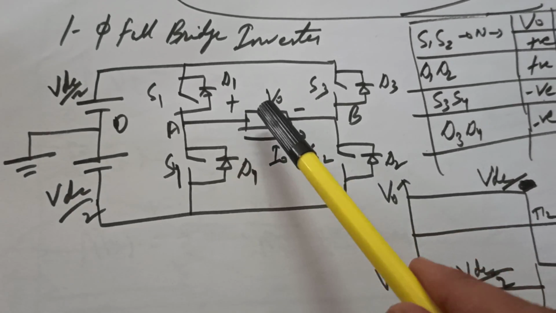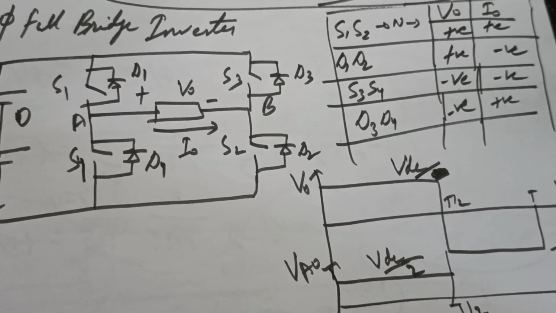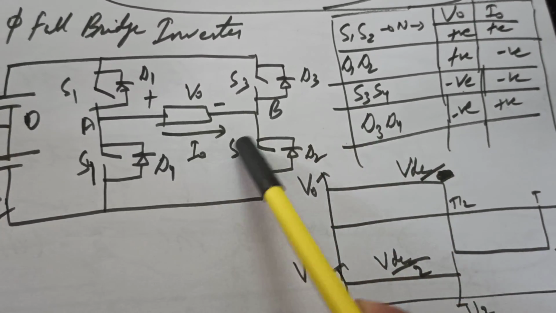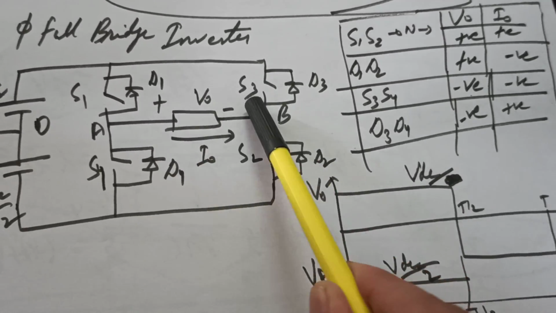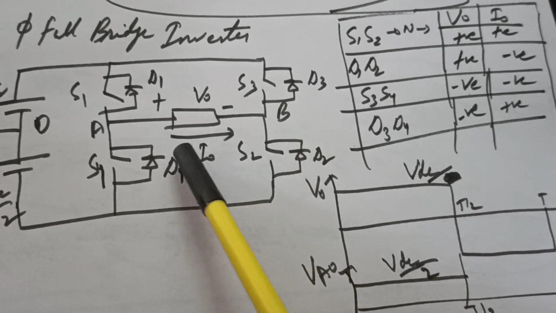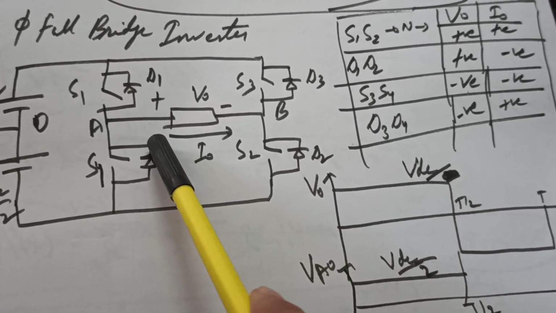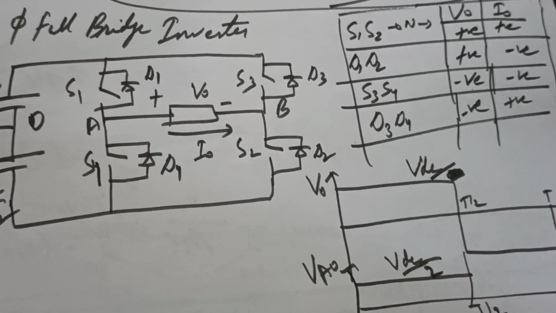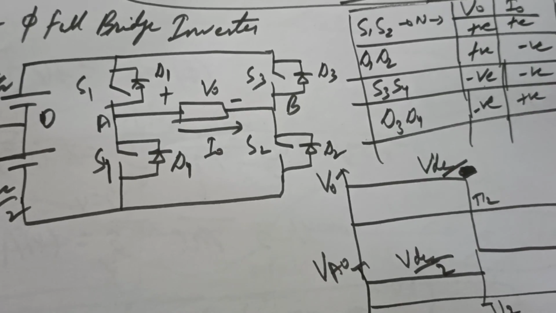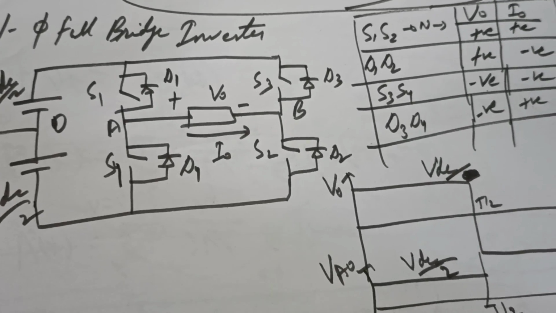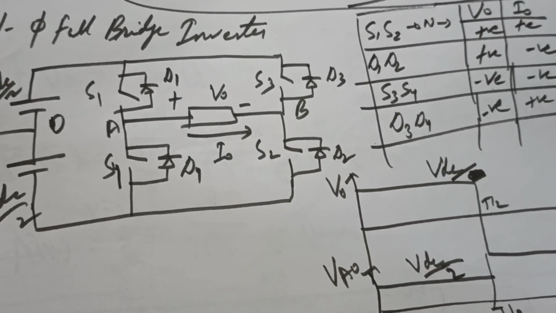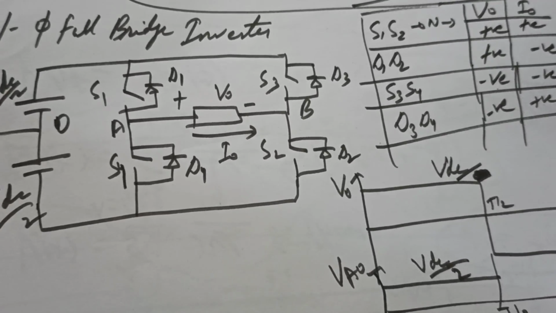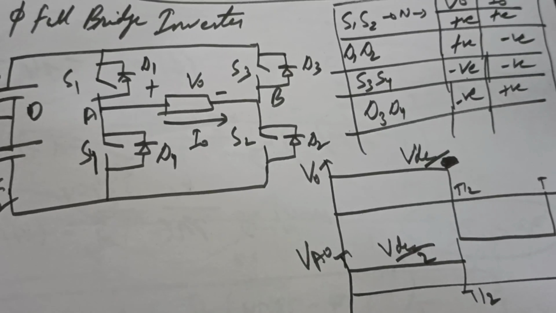In this region, when the conduction is shown here, we have V0 positive. This is V0, and we are assuming this plus and this minus, that is, this is the polarity of the output voltage. When the current flows through the output load in this direction, it is assumed to be positive. So I think it is quite clear which direction is positive, and when the output voltage has this polarity, it is assumed to be positive voltage. I'm quite clear till this point.